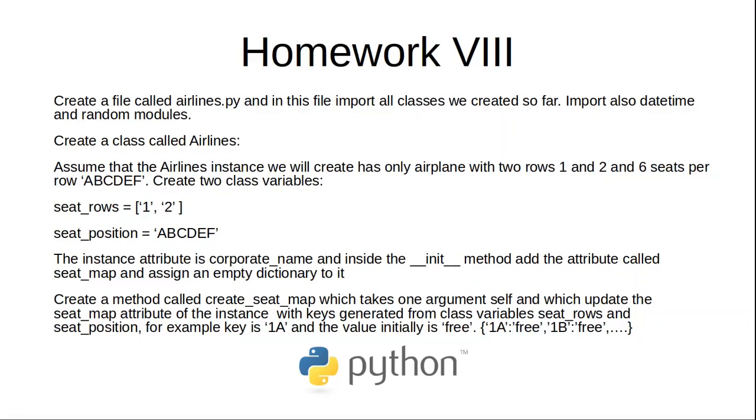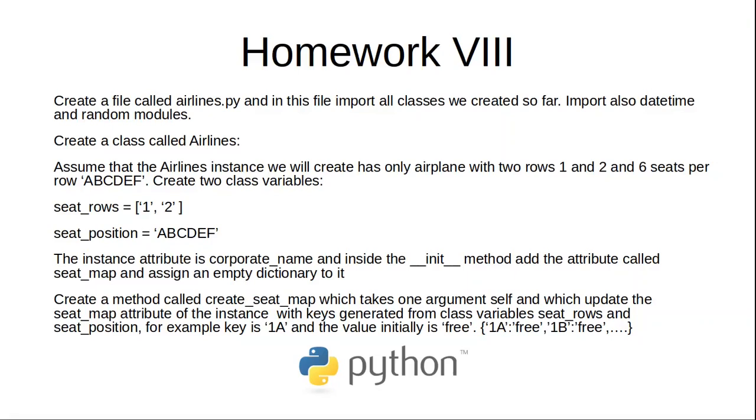Assume that the airlines instance we will create has only one airplane with two rows, 1 and 2, and 6 seats per row, A, B, C, D, E, F. Create two class variables, seatRows, a list 1, 2, and seatPosition, a string A, B, C, D, E, F. The instance attribute is corporate name, and inside the init method, add the attribute called seatMap and assign an empty